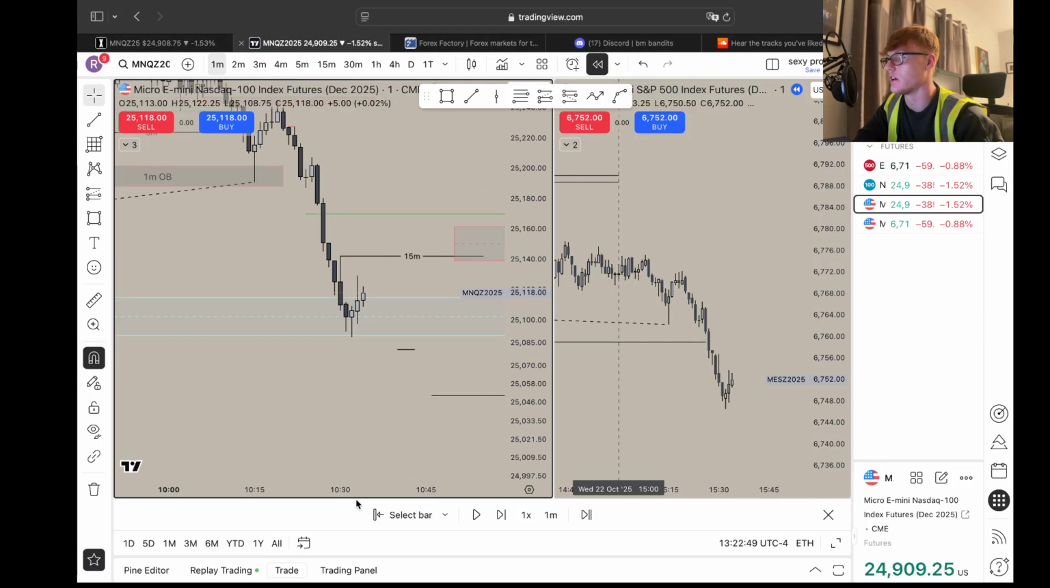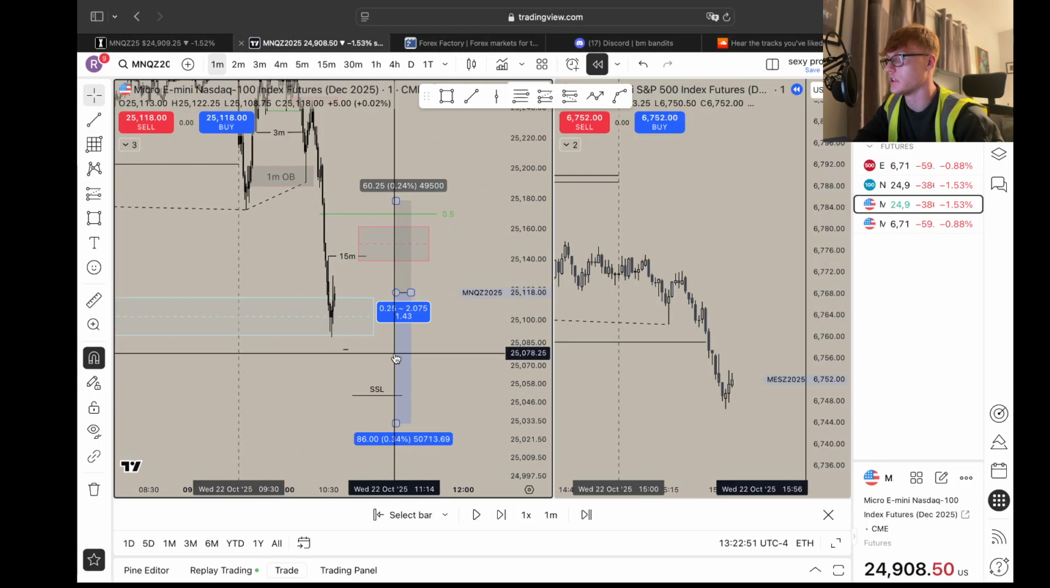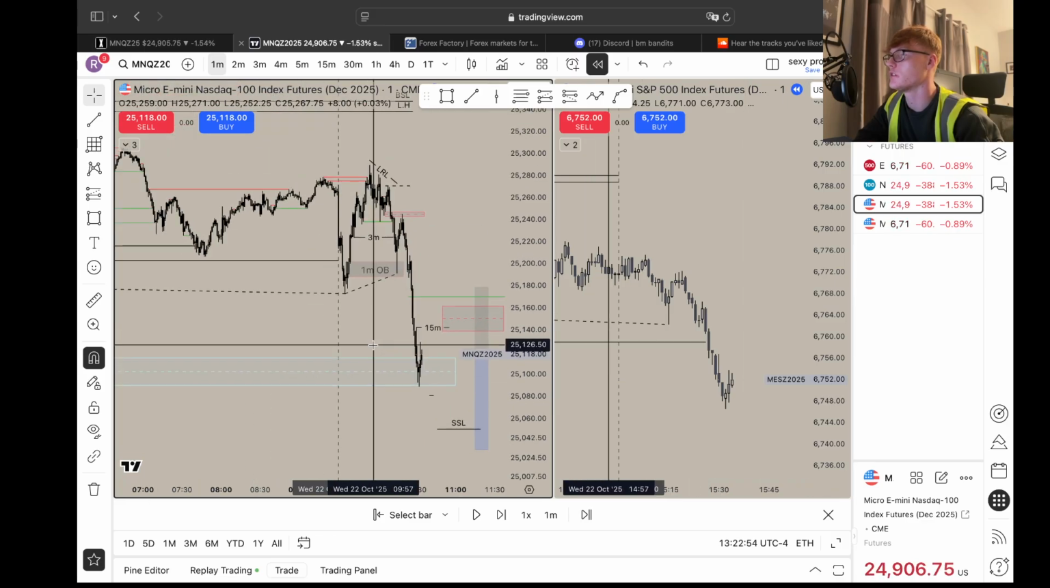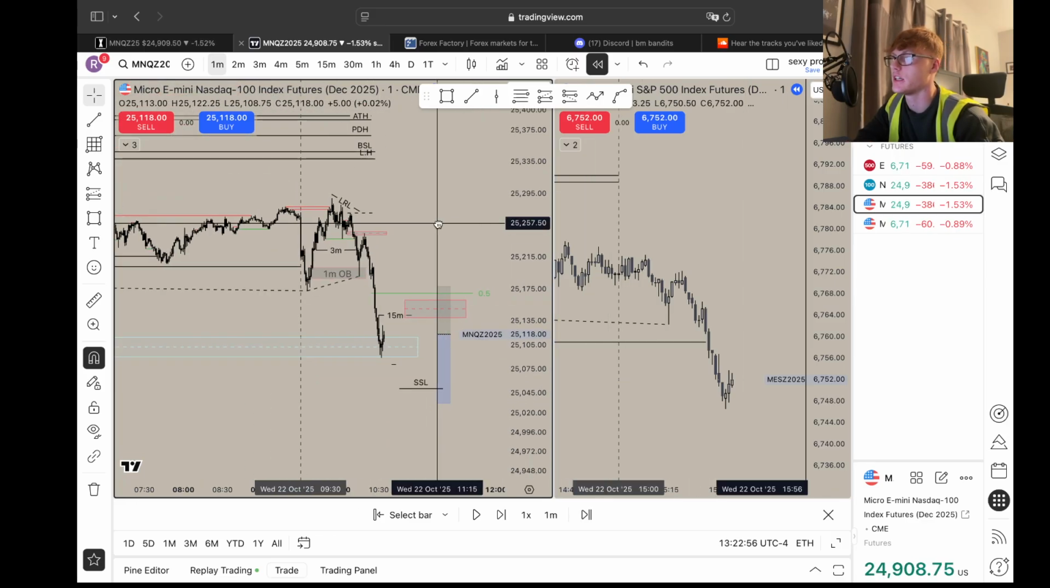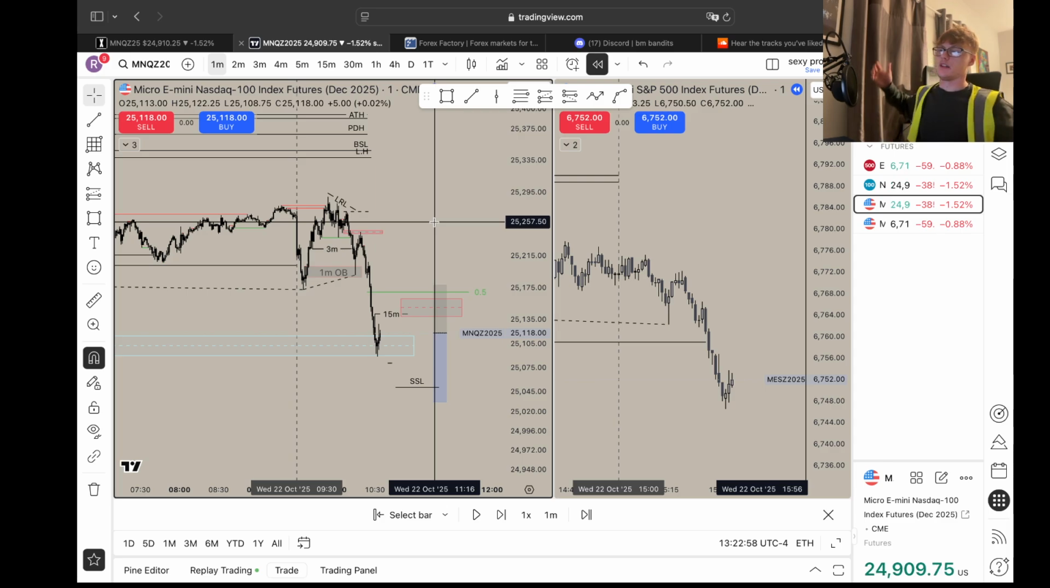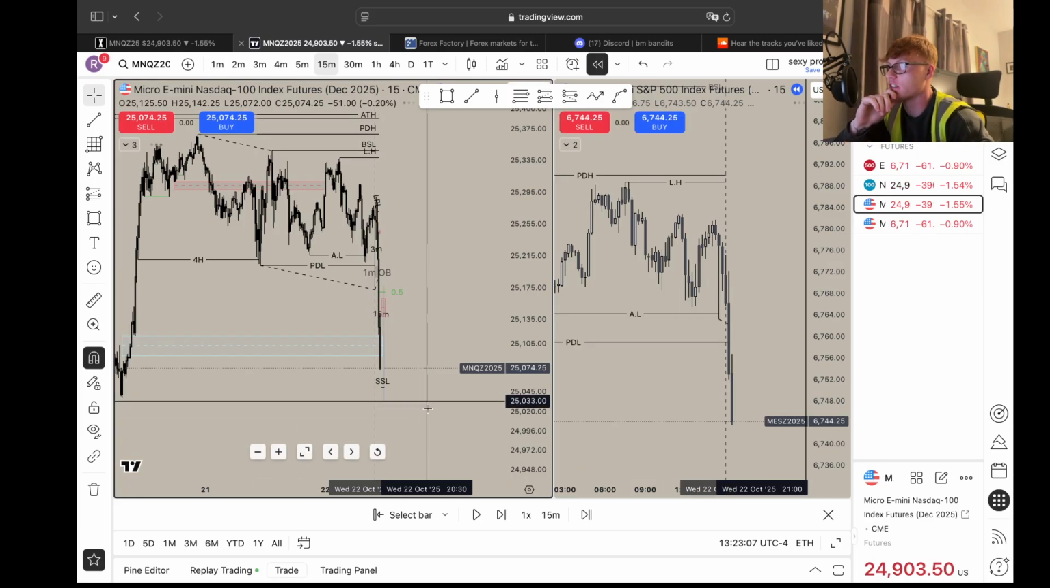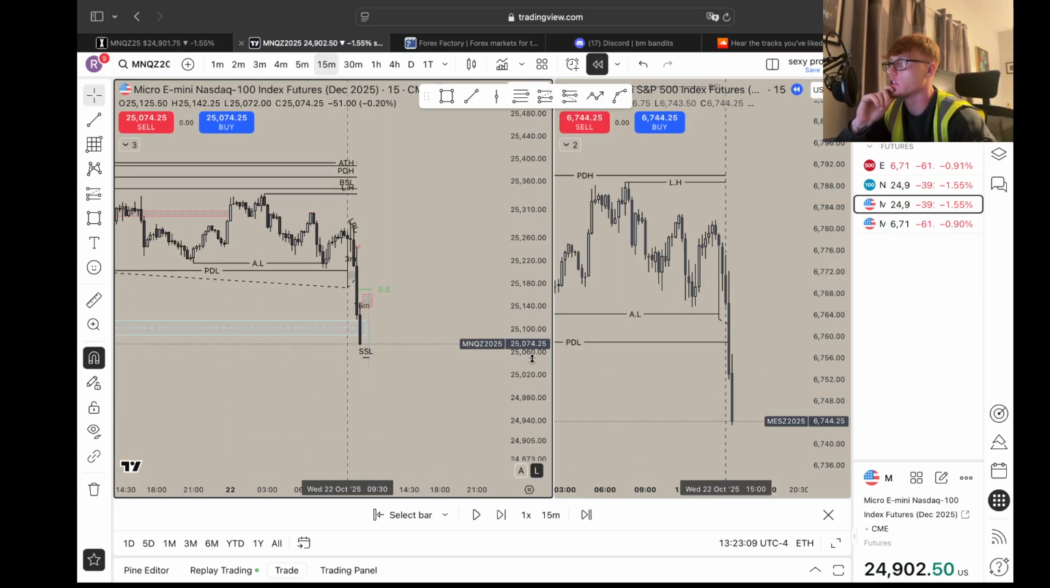So yeah, I lost this, and I didn't see a setup until about here, 11:15ish. Now I shouldn't have really been trading after this time, but I didn't want to end the day on a loss. That's literally it. I just didn't want to end the day on a loss. So I stopped recording, and then I was just on the charts on my phone, just kind of